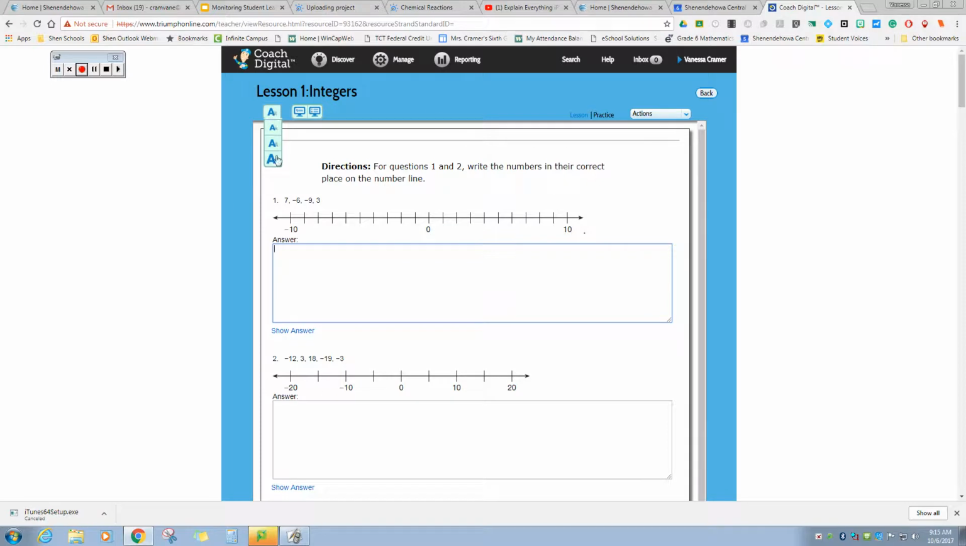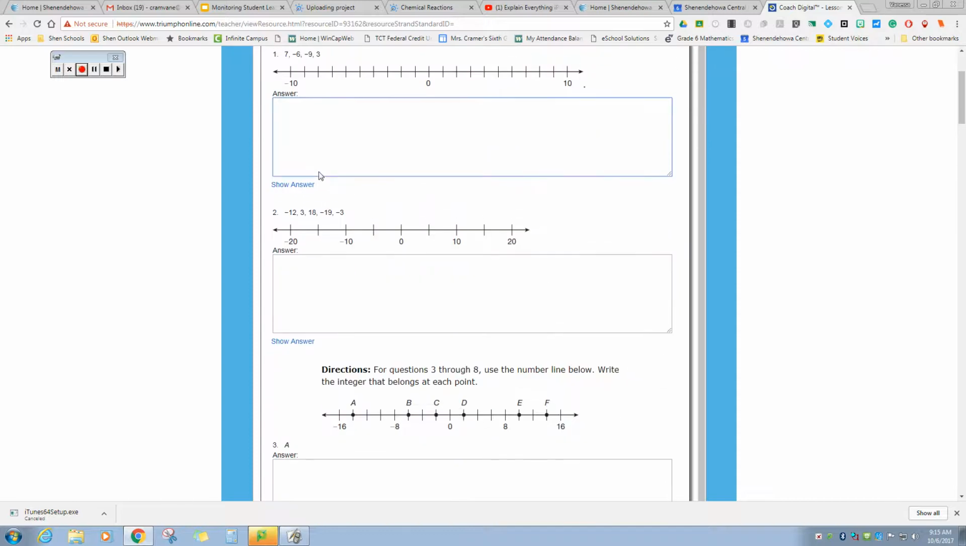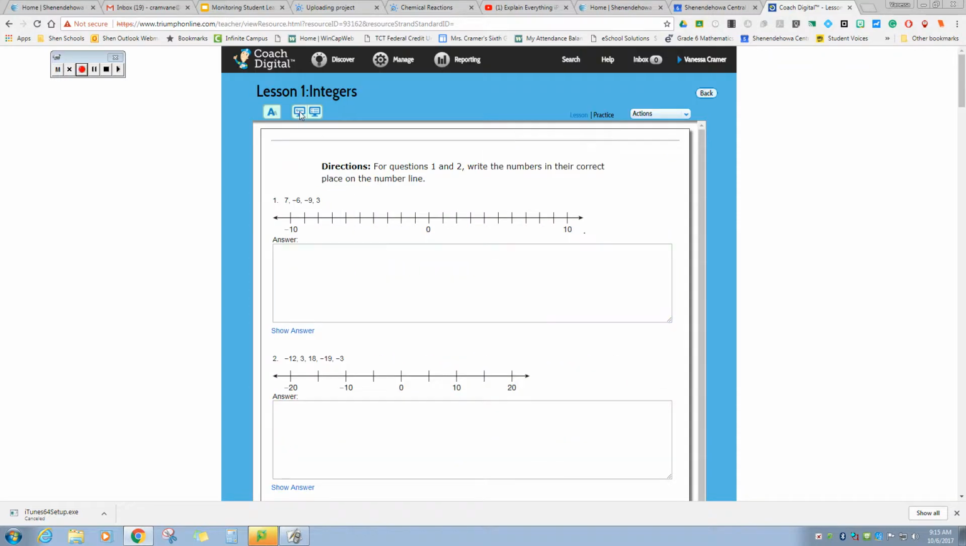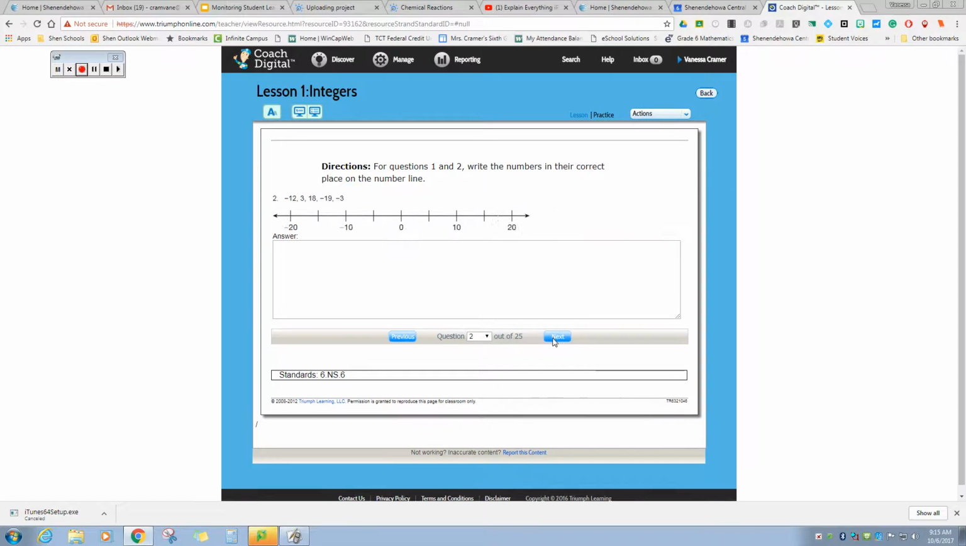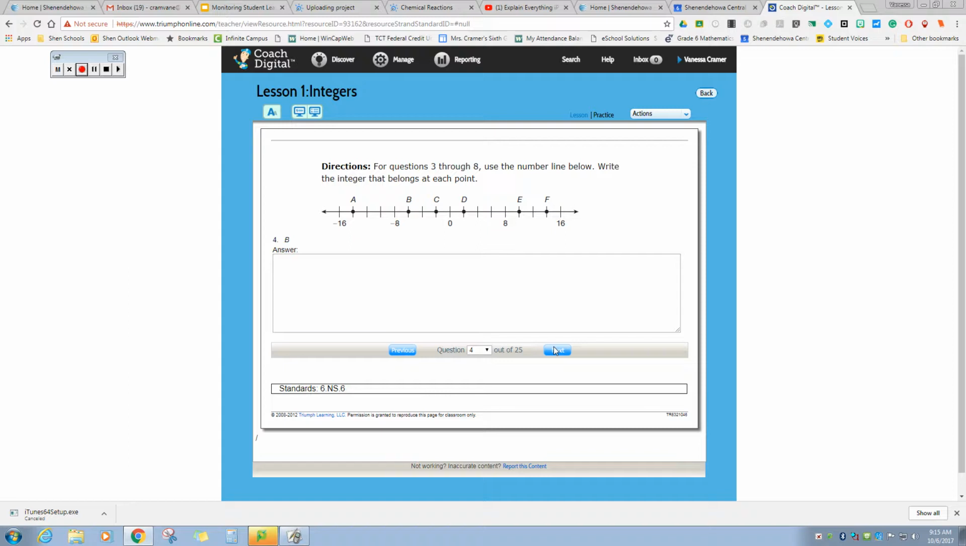The kids can change the font size, or they can change how it's presented, which I think is really cool. Some kids might like the scroll down, other kids might not, so they can click on this and it'll give the students one question at a time and they can just flip through them. I kind of like that. So if I go back